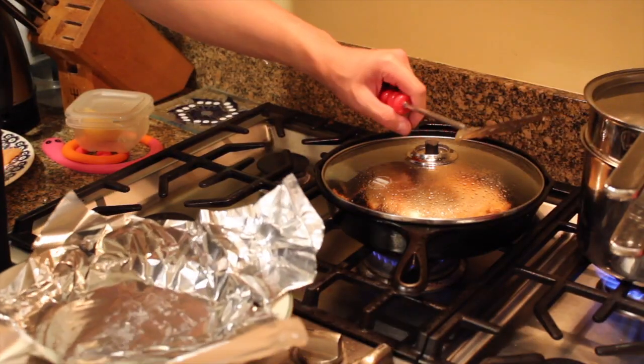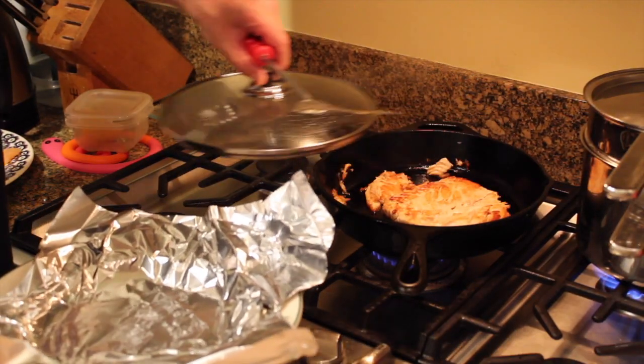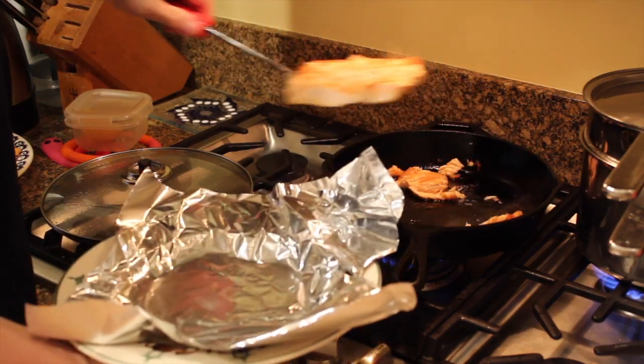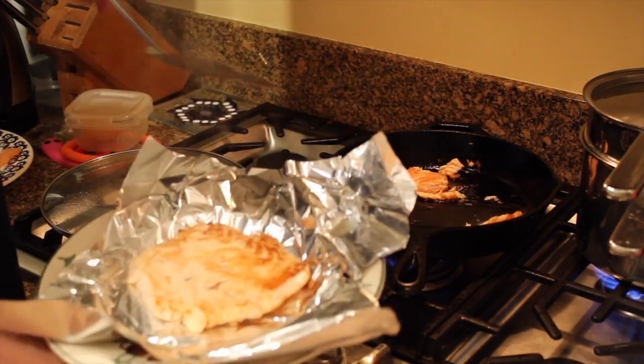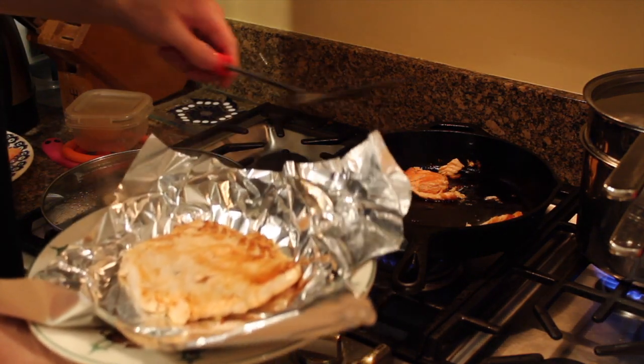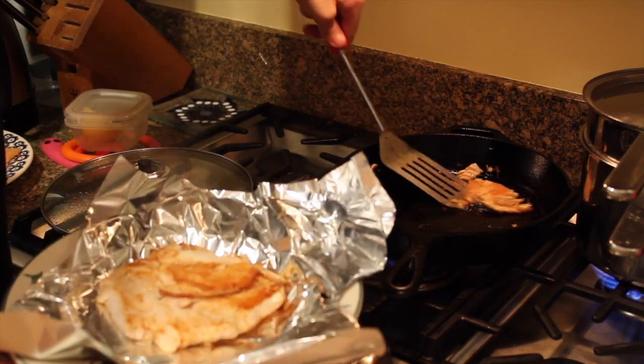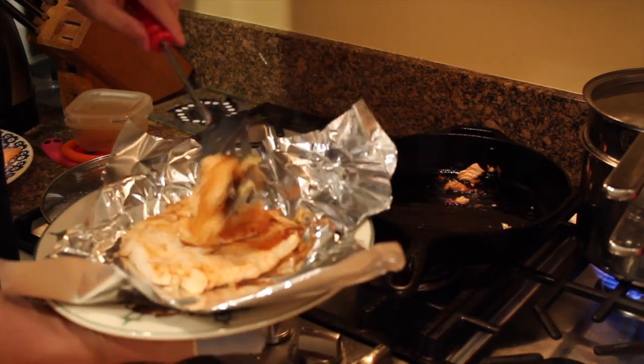Okay guys, so now we're in the final step. We're gonna take the salmon off the cast iron, and we're gonna put it in some silver foil, and then we're gonna put some silver foil on top because, you know, that's gonna keep it nice and warm